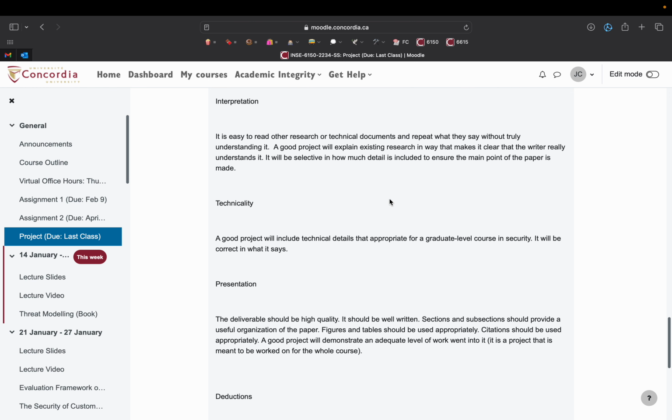Interpretation is sort of like my gauge as to how well you understood the things that you're telling me, okay? At first, if you write something and it came out of your mouth, you must understand it. You couldn't have written it without understanding it, right? That's what you would think at first. But I can tell you it's very easy to write about things that you don't understand, okay? You can read something, you can know what the words are, and you can repeat the words, but you don't